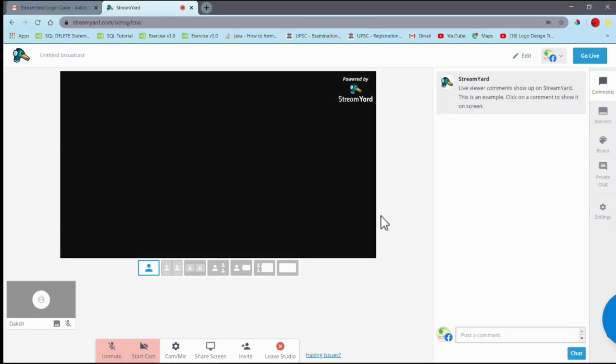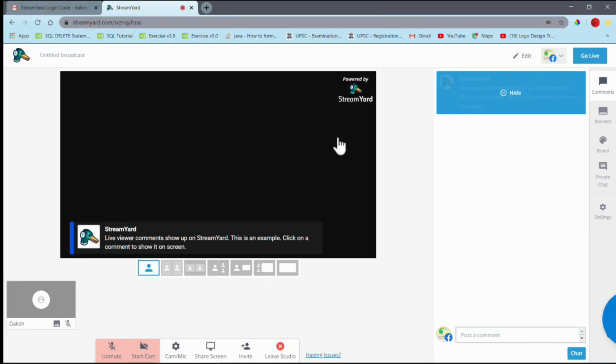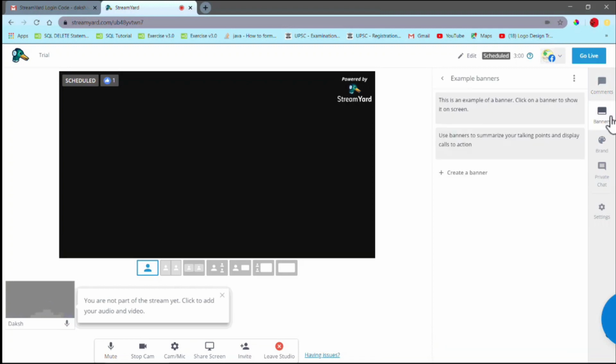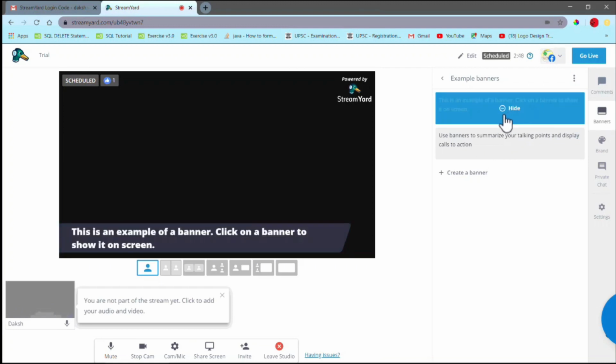Now on the right side, you have an option that says comments. Here you will get the comments that will go live on the Facebook page or the destination that you have selected. On the right side, you also get an option that says banners. When you click on banners, you can easily create a banner which will be shown on the screen. This can be the name of the event, the name of the school, the name of the person, or the name of your company.